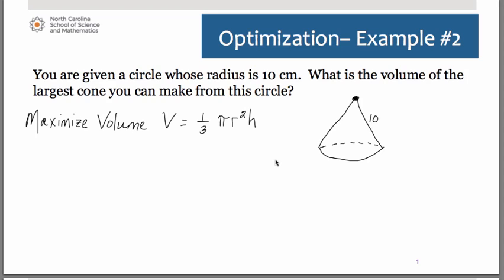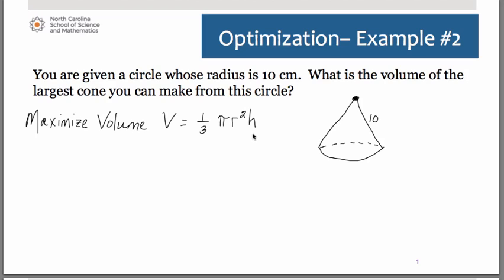Thinking ahead, we know that in order to maximize this equation, we're going to want to take the derivative of it, set it equal to 0, so as to find our critical numbers, which will therefore locate where it is we hopefully have a relative maximum. The difficulty becomes the fact that our equation is in two variables. The equation as we have it here is what we refer to as our primary equation. Because we're going to need to eliminate one of these variables in order to find our derivative,